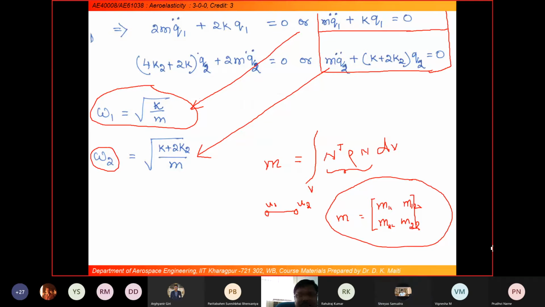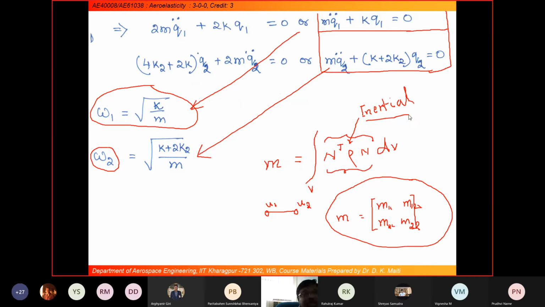So if you just extend, because you have already calculated the shape function matrix: in this equation, N is the shape function matrix and rho is basically the inertia matrix. You will get the idea about these two in the finite element course you are going through. And if you calculate, you will get a mass matrix with off diagonal terms.